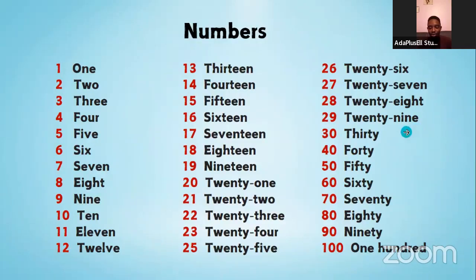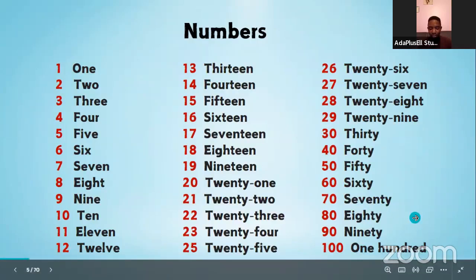And also when it comes to 30, it is the same. When you put 30, if you want to go to the next, which is 31, you just write the 30 and then you add the 1. So it becomes 31. It's the same as 50, it's the same as 60, you just add 1, 61. With 70, you just write 70, then you add the 1 if it's 72 or something. So one day you can come across figures you want to read in English or you want to write down. That's how easy it becomes.